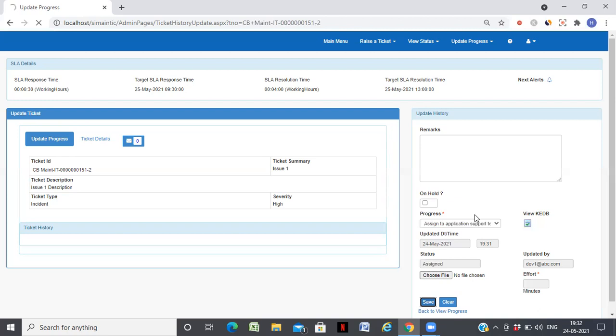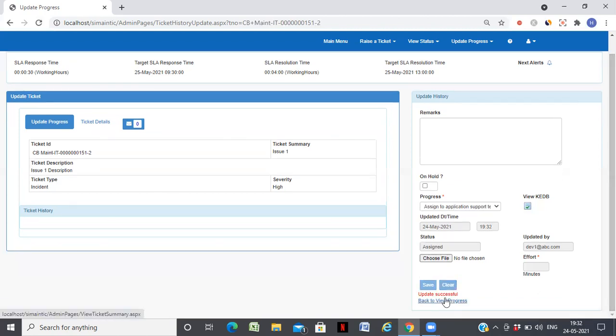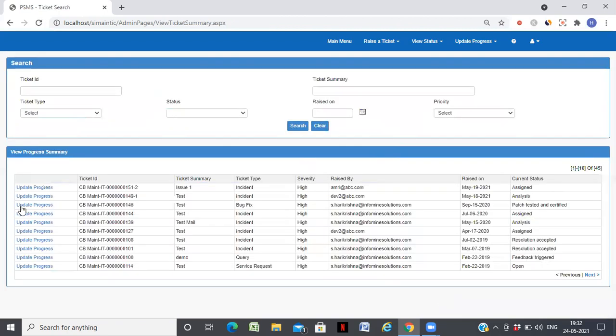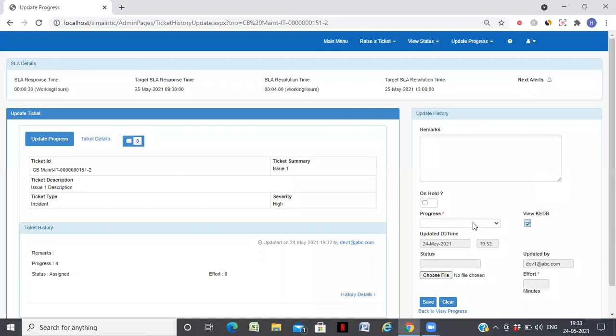From here the workflow will take over. For each event, the next event will be something different, as per what the workflow has been configured. So if I now go back to that screen, it will show the same ticket has been assigned. Next it will be resolution provided, as per the workflow. Whatever is required, we will provide that. So you can see provide resolution is the next one.